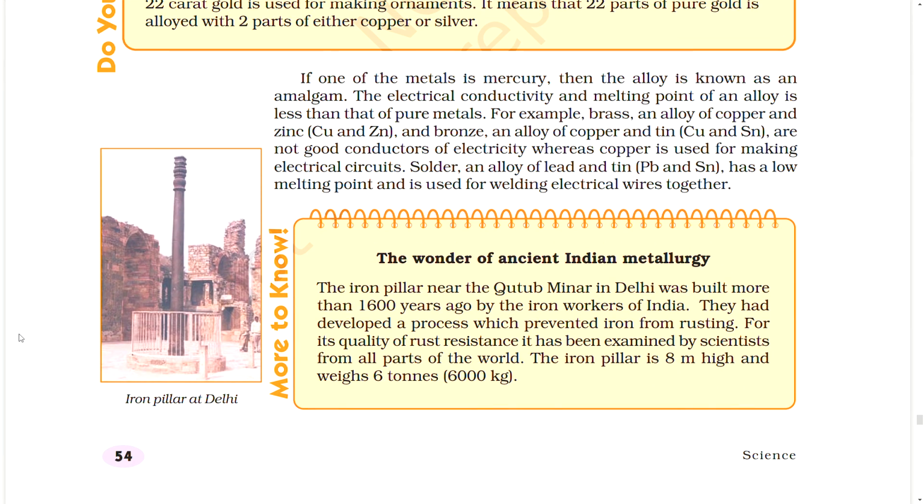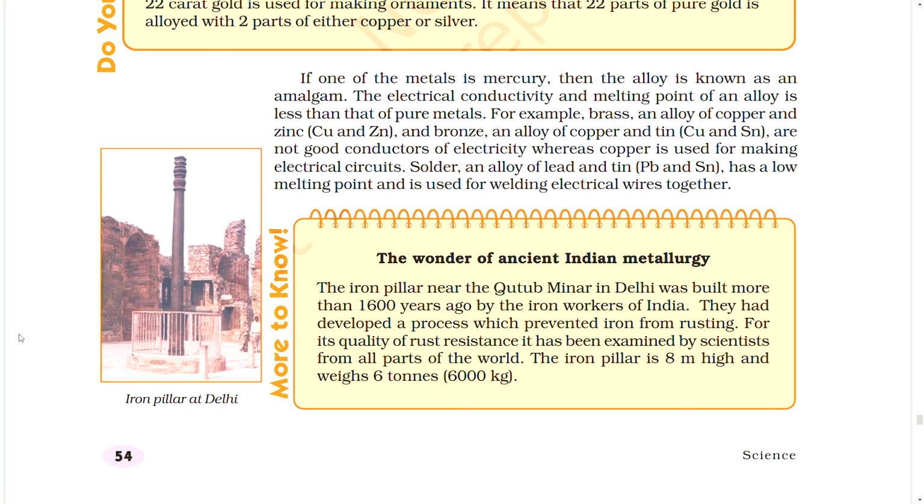If one of the metals is mercury, then the alloy is known as an amalgam. The electrical conductivity and melting point of an alloy is less than that of pure metals. For example, brass, an alloy of copper and zinc, Cu and Zn, and bronze, an alloy of copper and tin, Cu and Sn,